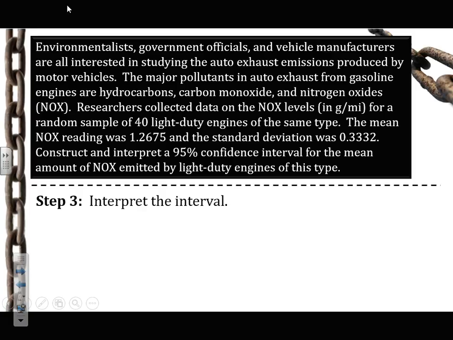Okay? So if we look back at this example, we were talking about NOx emissions from 40 light-duty heavy engines. Okay? So in this particular type of problem, they reported to us the sample mean and the sample standard deviation, and then told us the interval that they wanted us to create. Okay, so this was one where they just gave us the information, we had to plug it in and use it for the interval. So if we want to do that same process in your calculator,